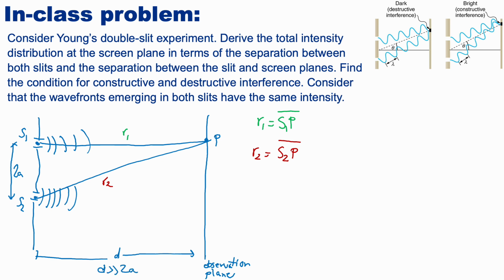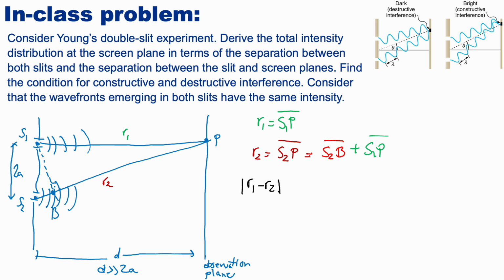So if we trace here a 90-degree line, and call this point B, we can write the path traveled by the second wave as S2 to B. So if we look at R1 minus R2 in modulus,